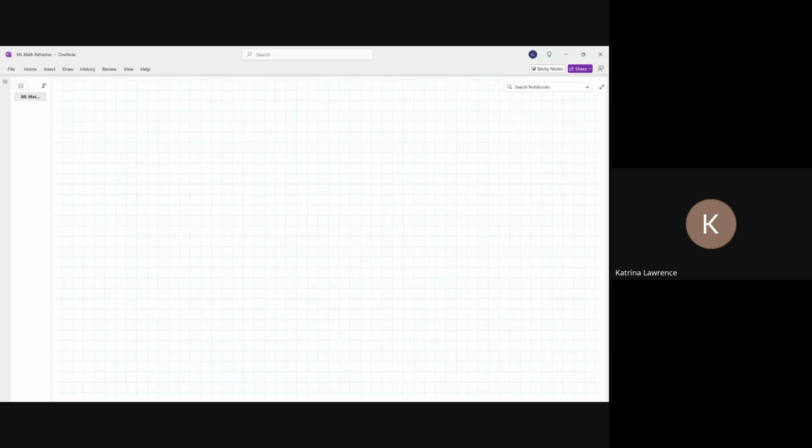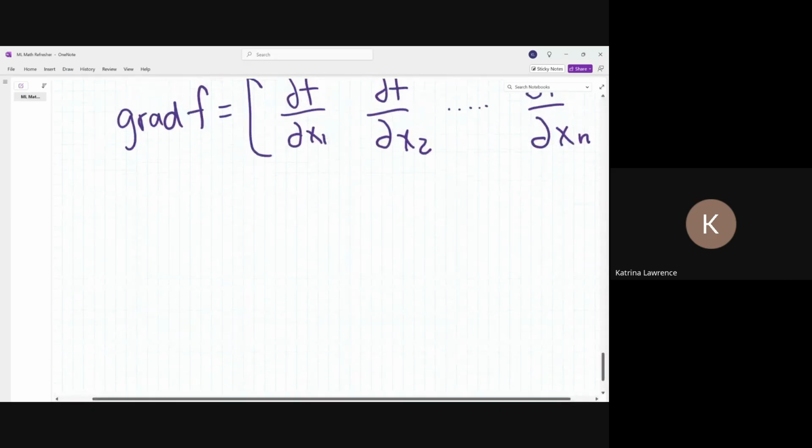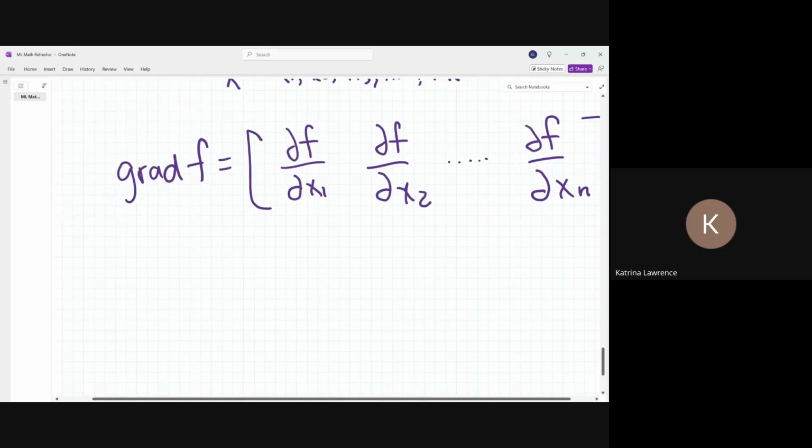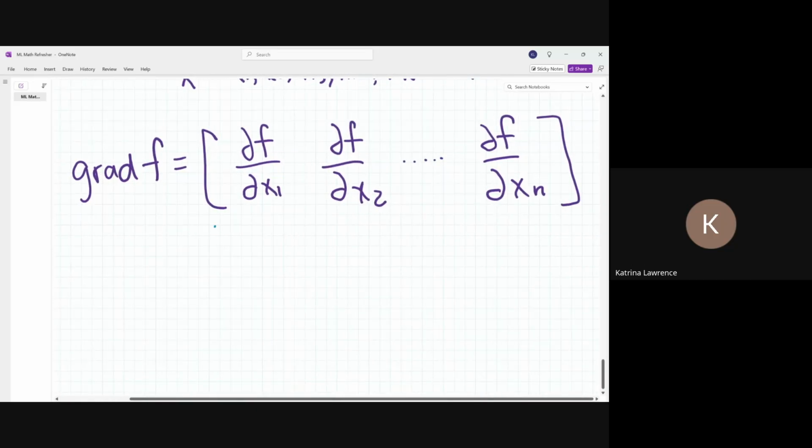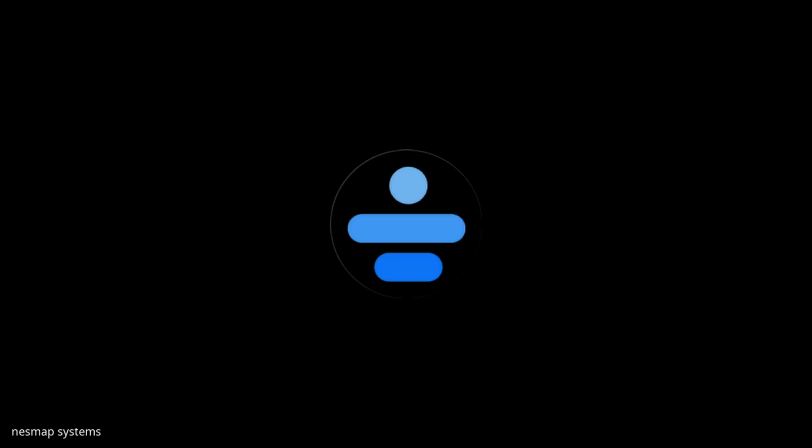So let's see. Also, real quick, we said that the gradient is a vector. We haven't quite covered what vectors are yet. Here we have these square brackets, and that indicates that it's a vector. And just so you know, vectors are something that have both